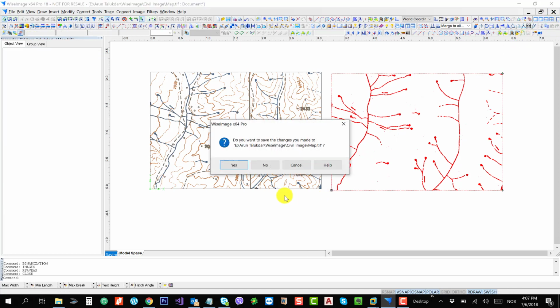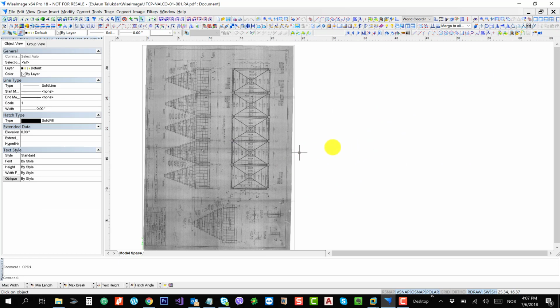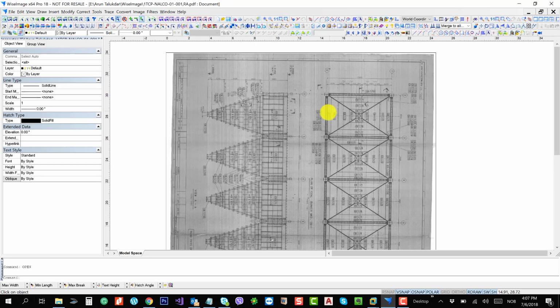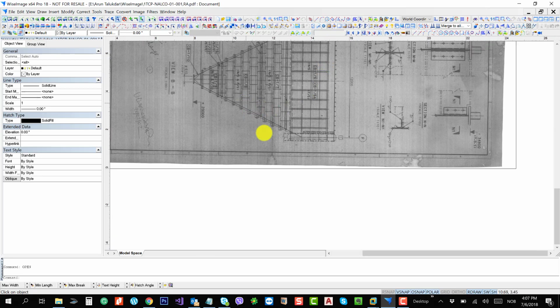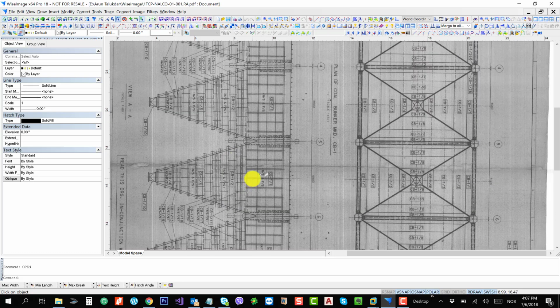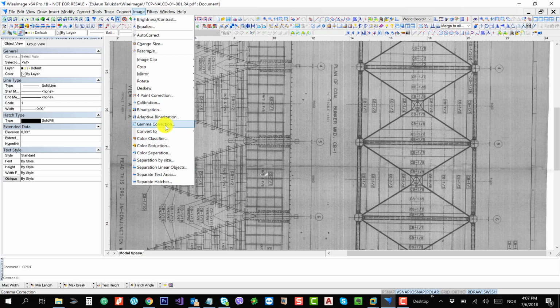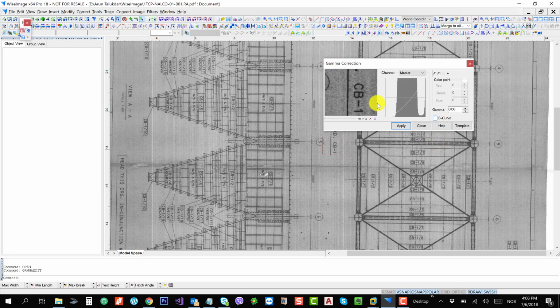Moving down to the next drawing, I have one more example that I would like to show you, and you can see the quality of the image. It's way difficult for you to take printouts, and the image size is quite heavy. So we have tools for this. First of all, you can go to gamma correction. Gamma correction will give you certain